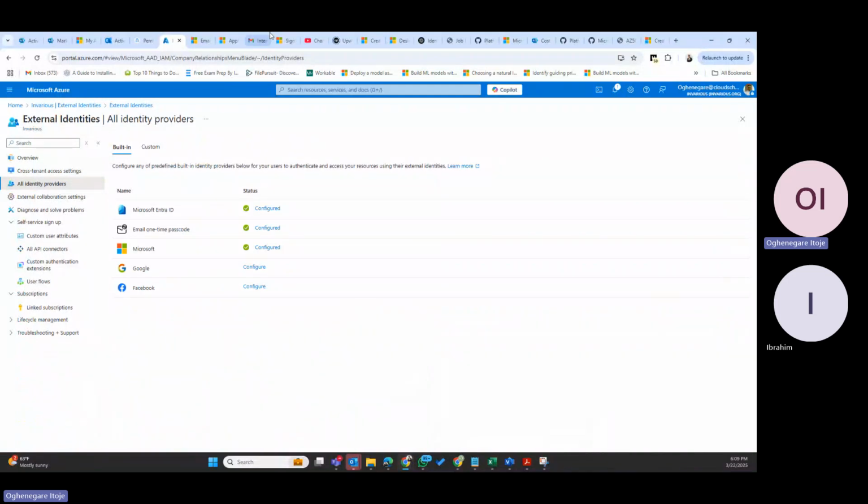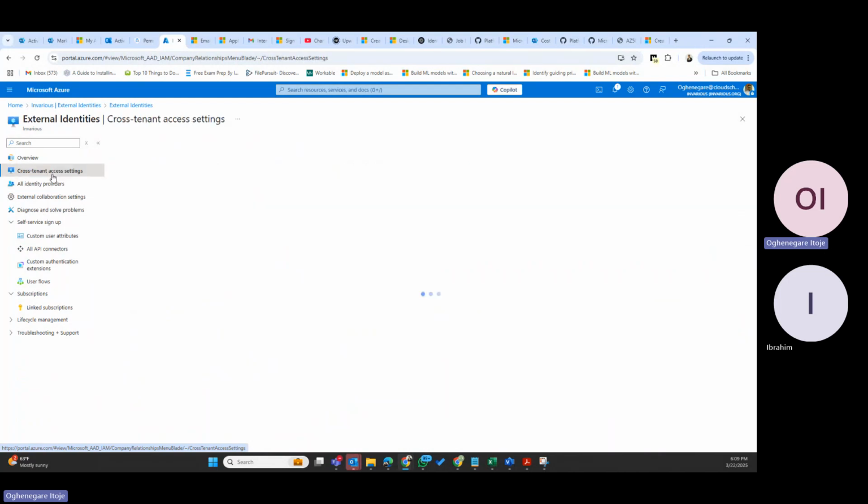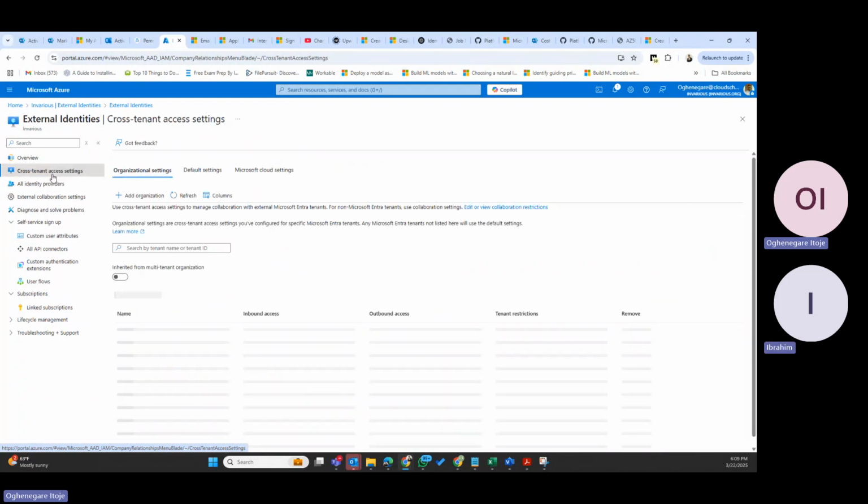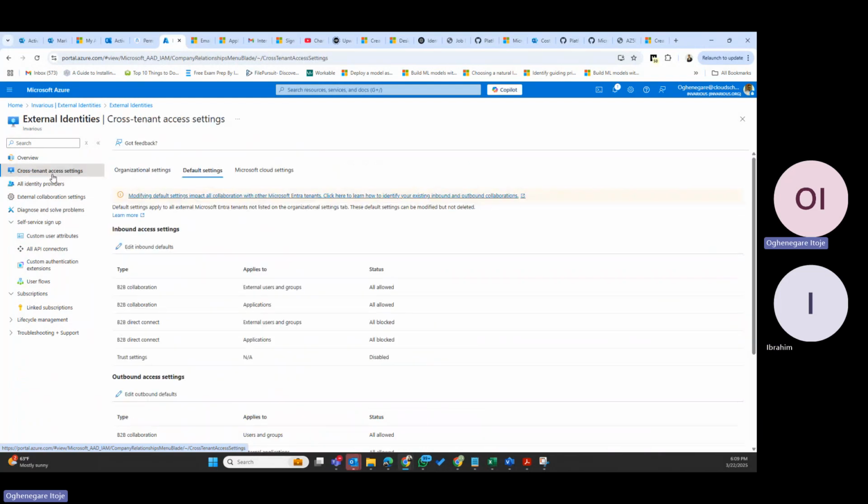So we look into the cross-tenant access settings here and can manage the inbound, the outbound B2B collaboration, and also scope the access to specific users, and can also scope access to groups or applications. You can also set a default configuration that applies to all external organizations, then create individual or organization-specific settings